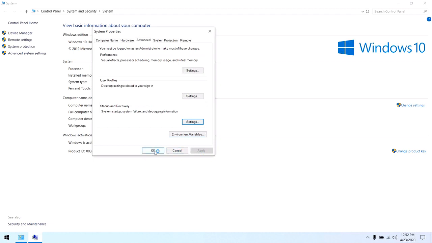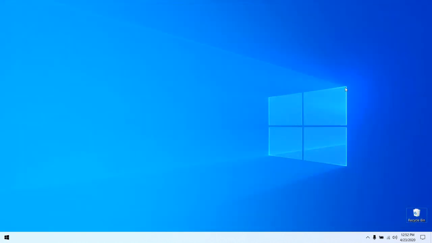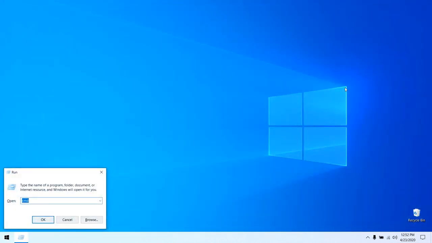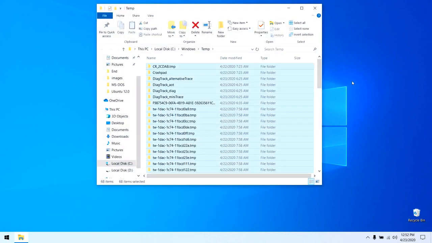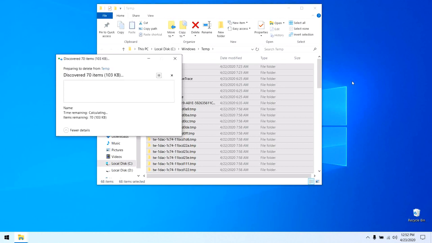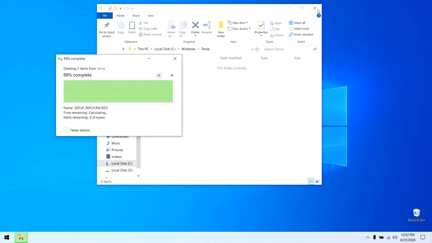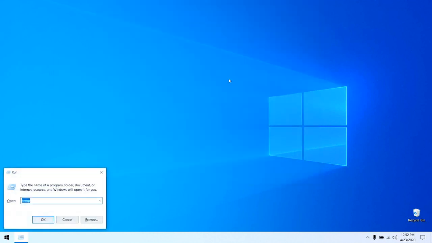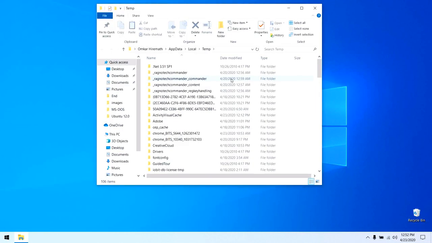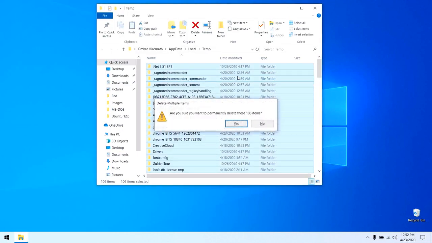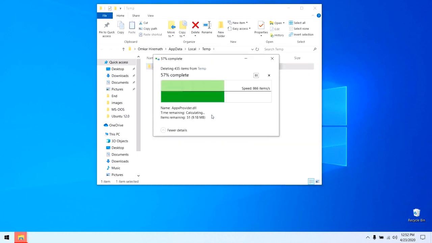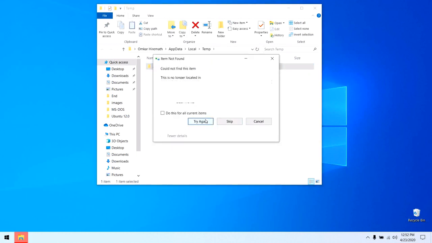After this, just click on OK, and as everyone knows, clear your temporary files, that is temp and %temp%. Why is this not deleting?